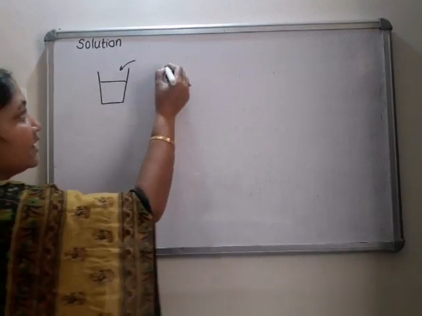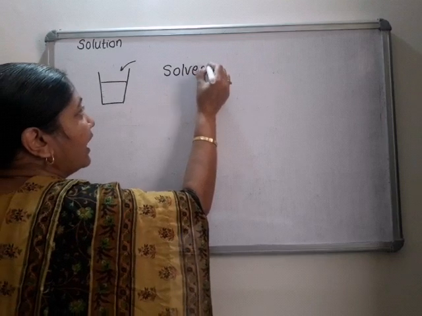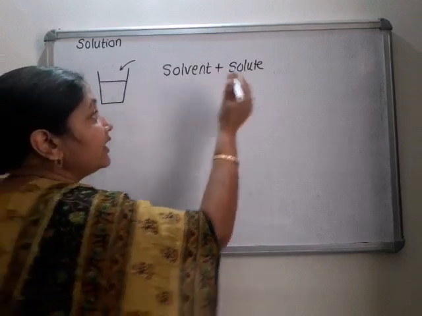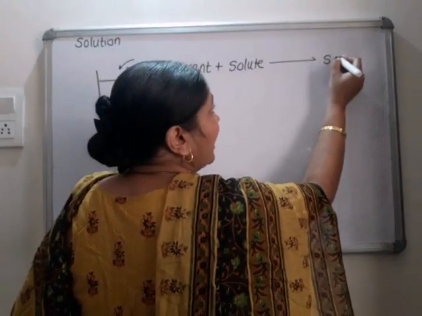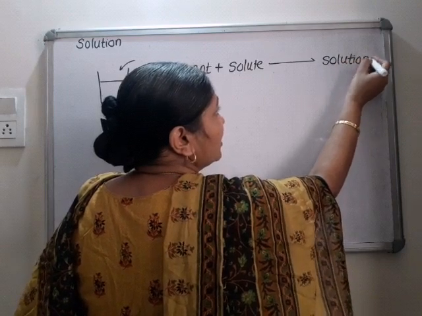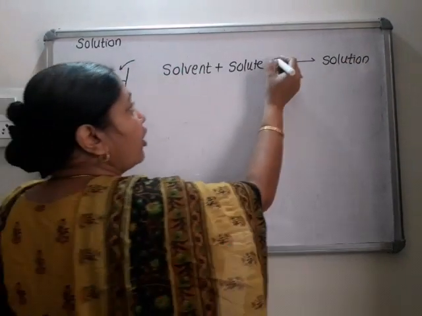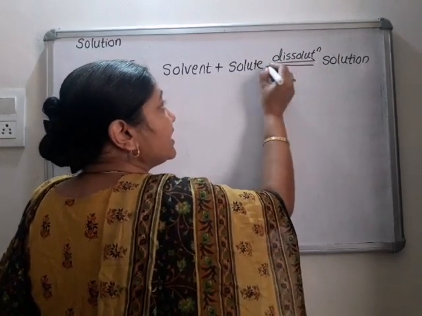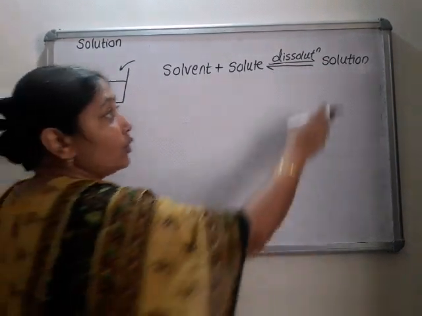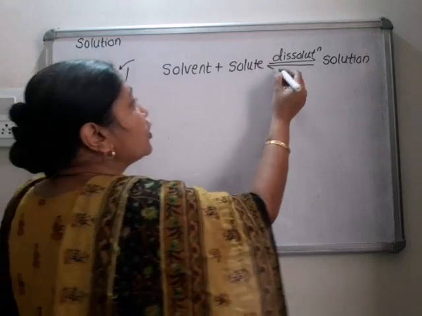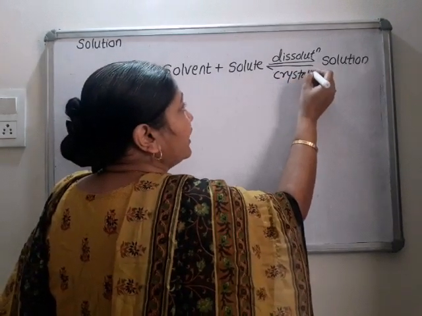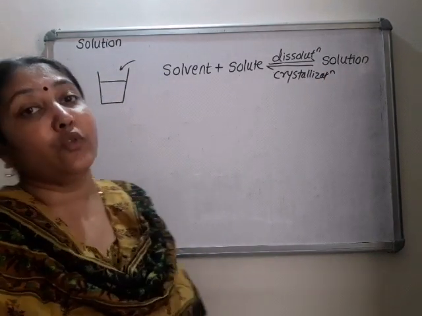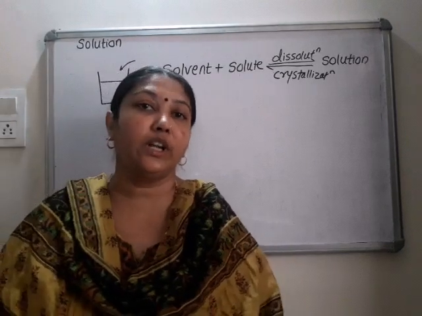it is found that, see, we have taken solvent and we have added solute in it, and these two get mixed together and we get a solution. Okay, this we call dissolution. But one stage is achieved when the solution is converted back into solute and solvent. We call it crystallization. Such a state of solution is called a saturated solution.